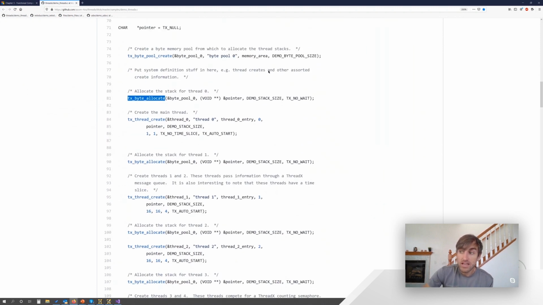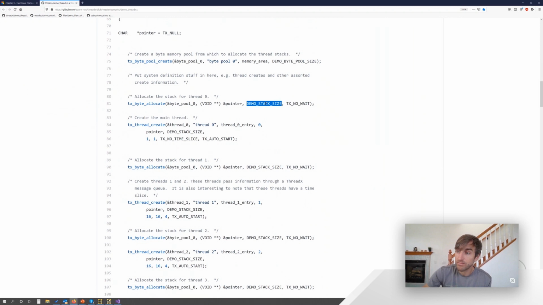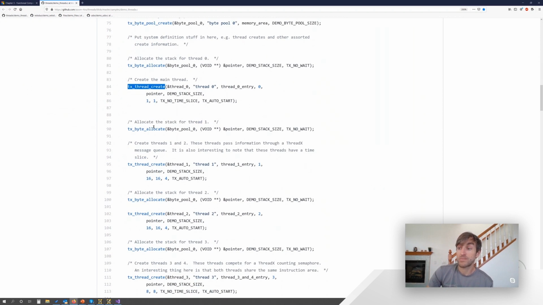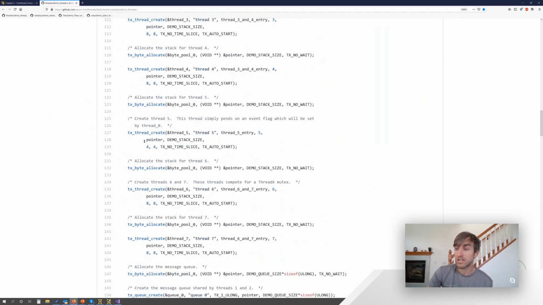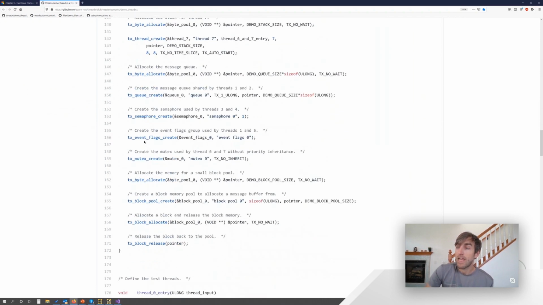a demo stack sized pool, where the stack size is 1,024 bytes, I think. So we'll allocate a stack, and then we'll create a thread. And we're going to do this 8 times: byte allocate, thread create. So we'll create 8 different threads here, and then